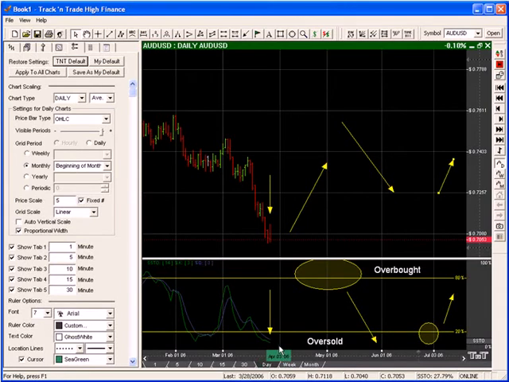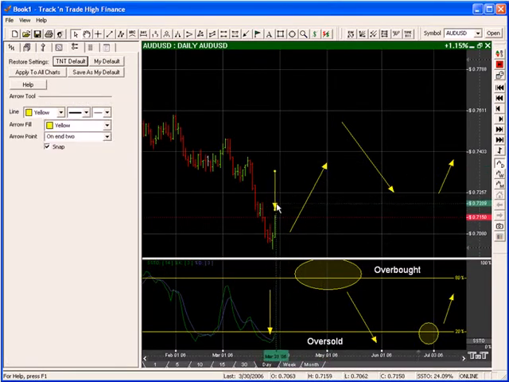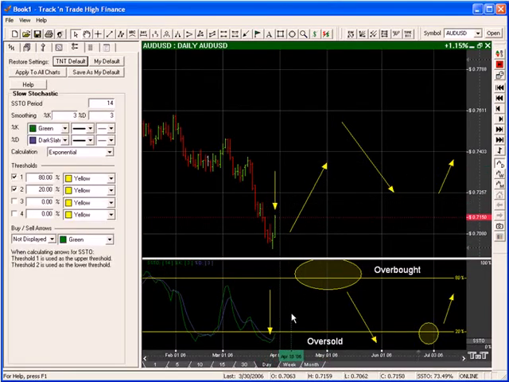Now, we can get an actual arrow, or we can actually get a buy signal from the indicator as well. Not just a direction in trend or a trend direction. We can also get an actual signal saying that the market has changed directions. Now, when that market crosses right there, see how the green is crossing the blue line? And we make a confirmation that green is crossing the blue line. As long as that crossover took place below the 20%, that is considered a buy signal. So at this point, we got a confirmation, we got a buy signal right here on this market.